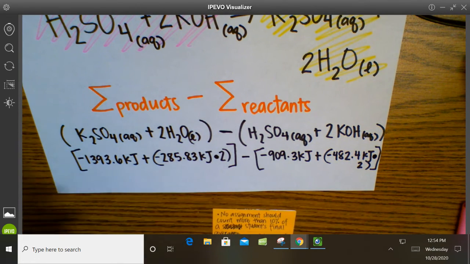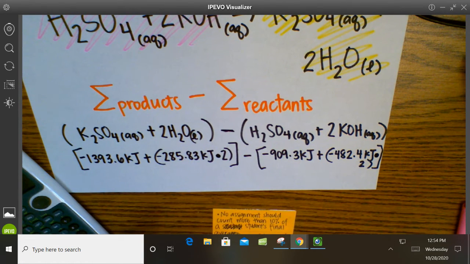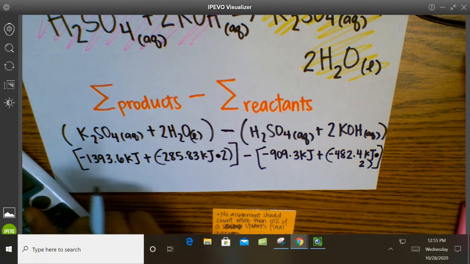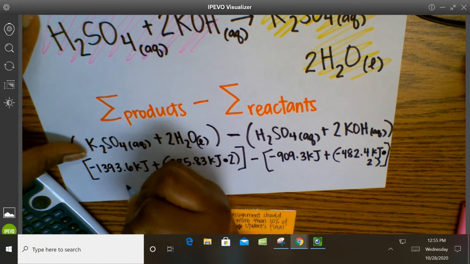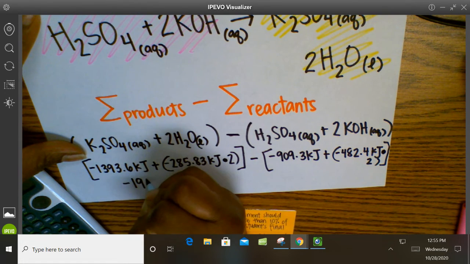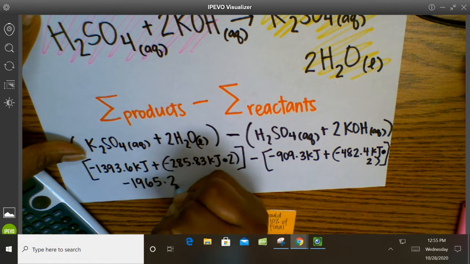So let me find the sum of my products. All right, so I'm just going to take my negative 1393.6 plus my negative 285.83 times 2. So that gives me a negative 1,965.26